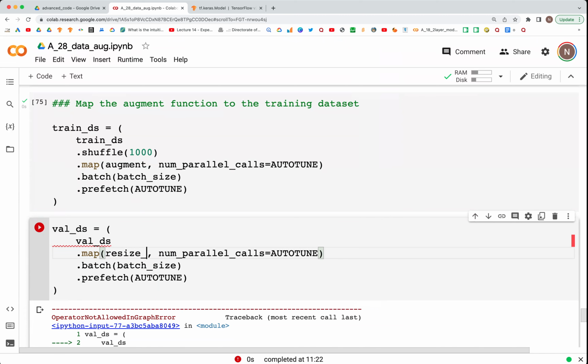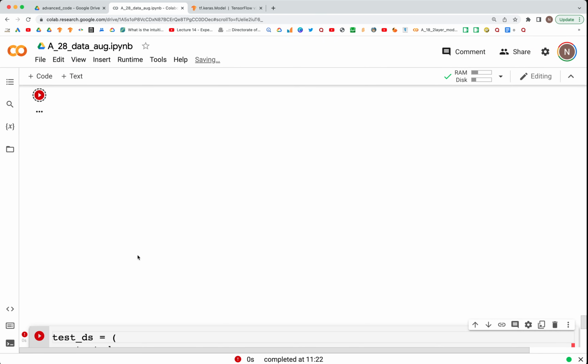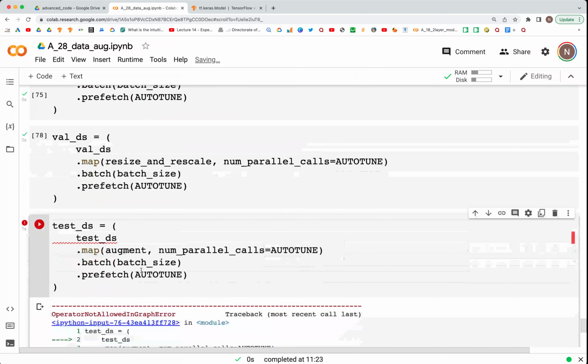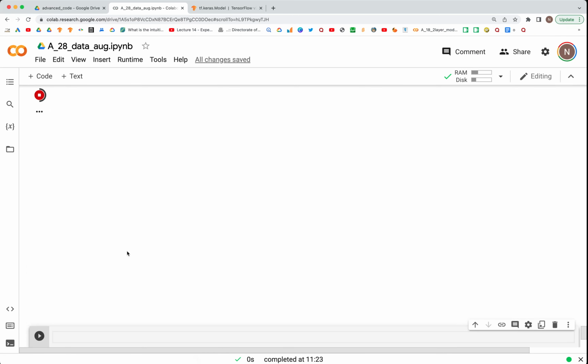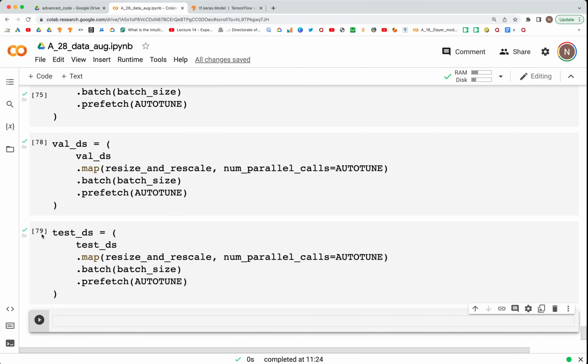Run that, and likewise this needs to be resize and rescale, and we run that. So that was option number 1, where we use the experimental counter to augment the